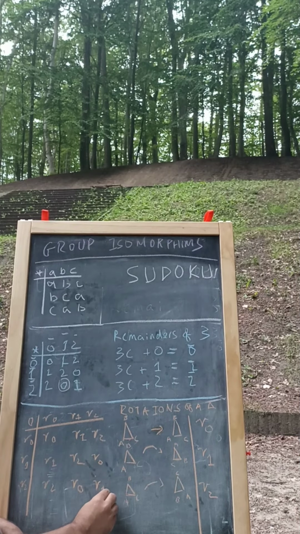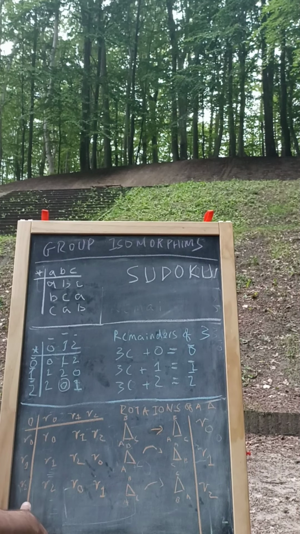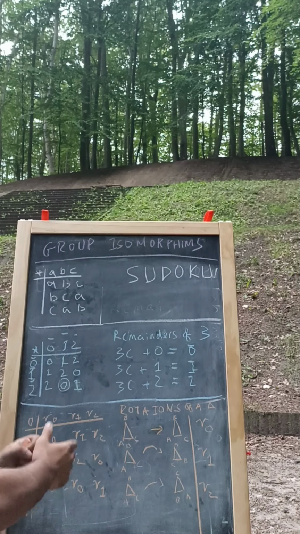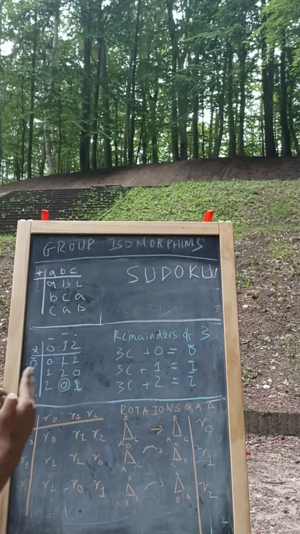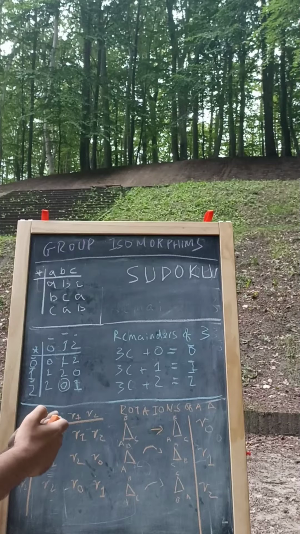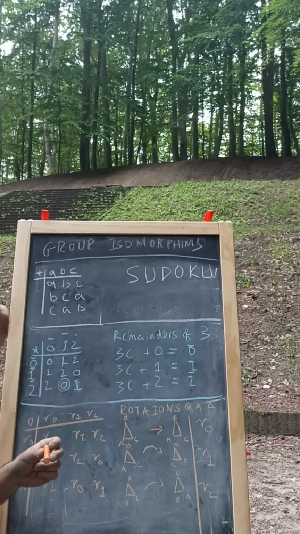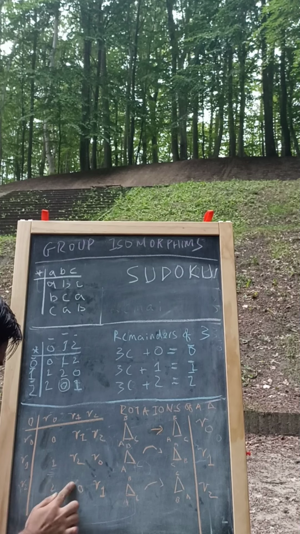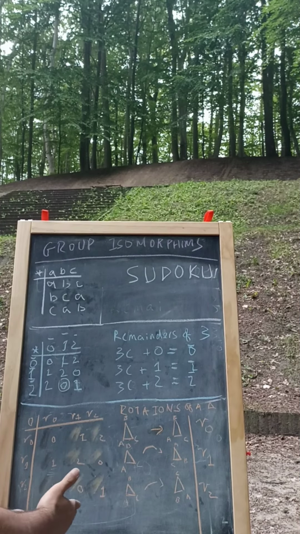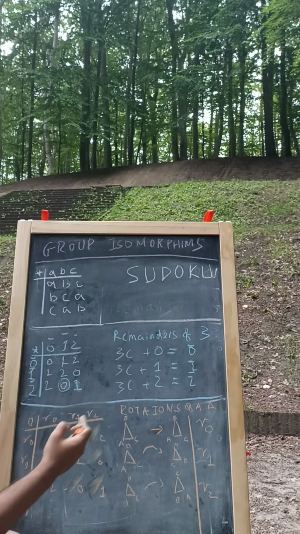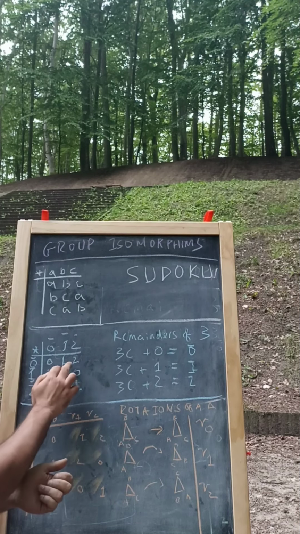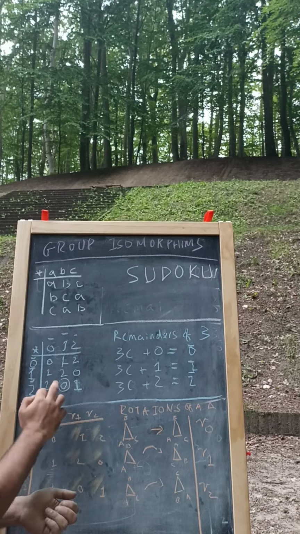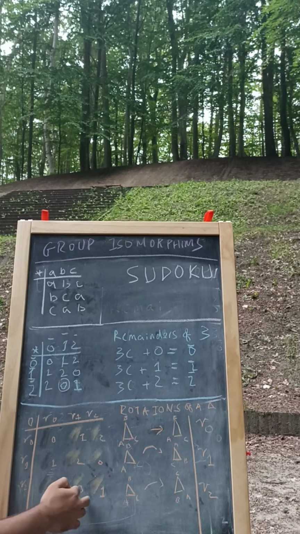So R1. Now, do you notice something very interesting going on between this table and this table, which are seemingly very unrelated objects? I'll give you a minute to think about it and then give you the answer. Now things have become very clear that these two tables are in fact the same. So we have 0, 1, 2 here, 0, 1, 2 here, 1, 2, 0, 1, 2, 0, 2, 0, 1,